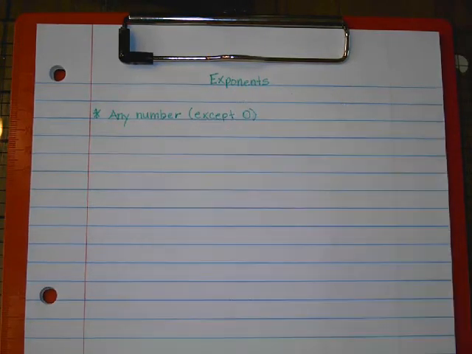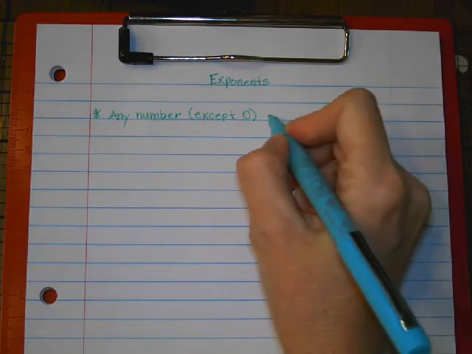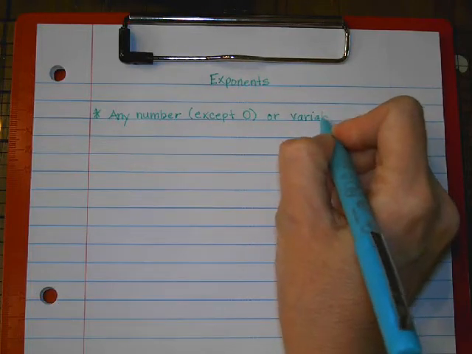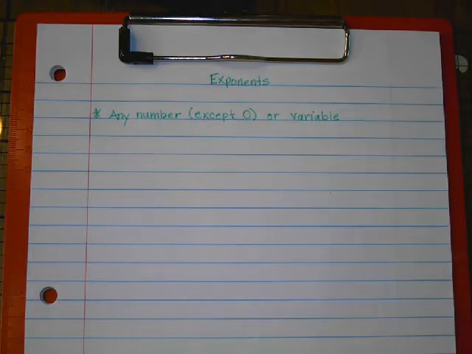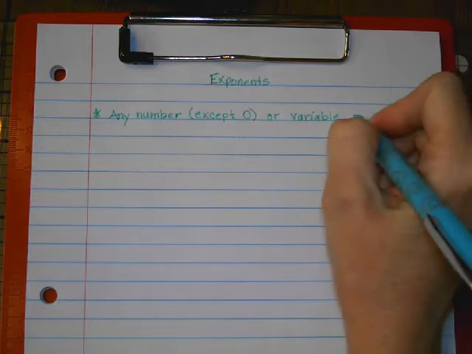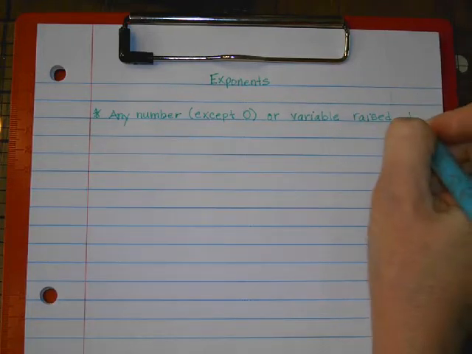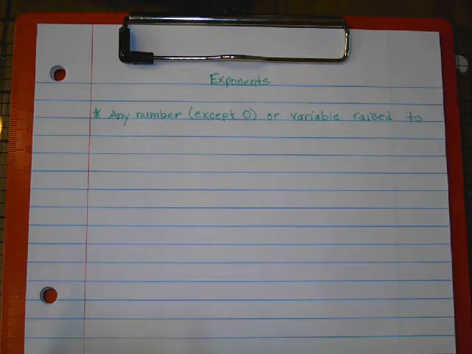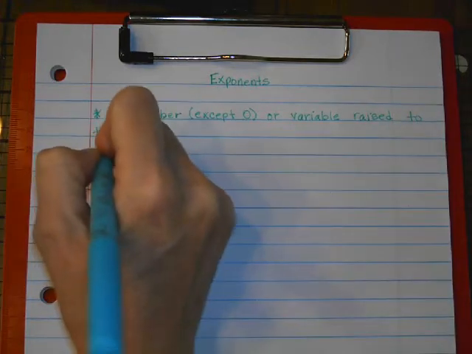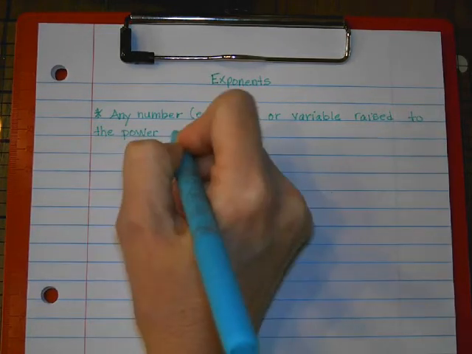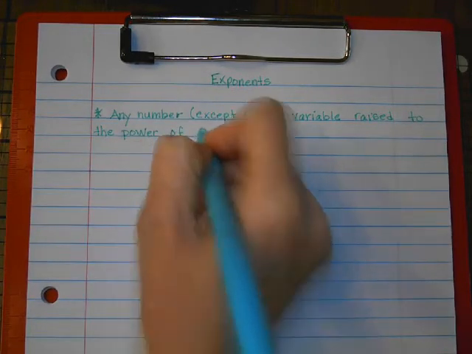So any number except for 0 or variable raised to the power of 0